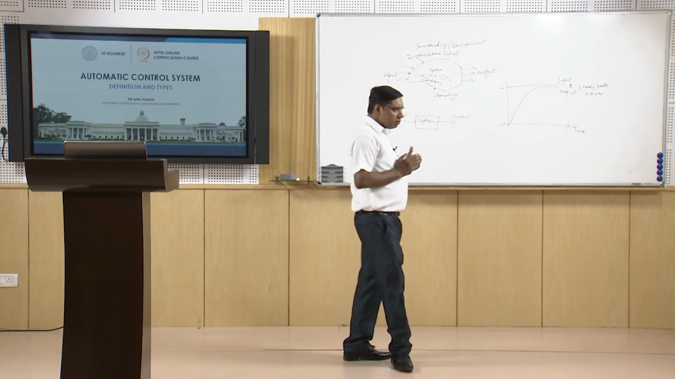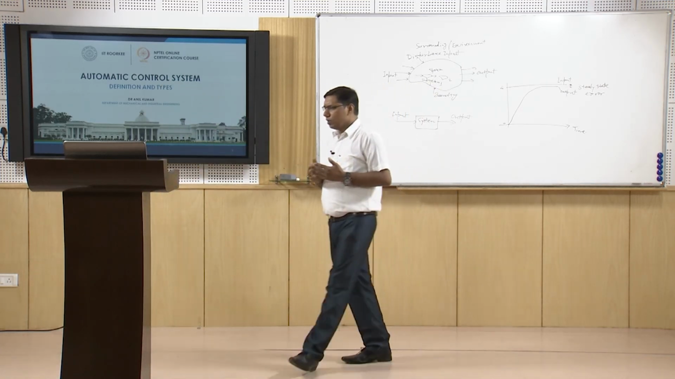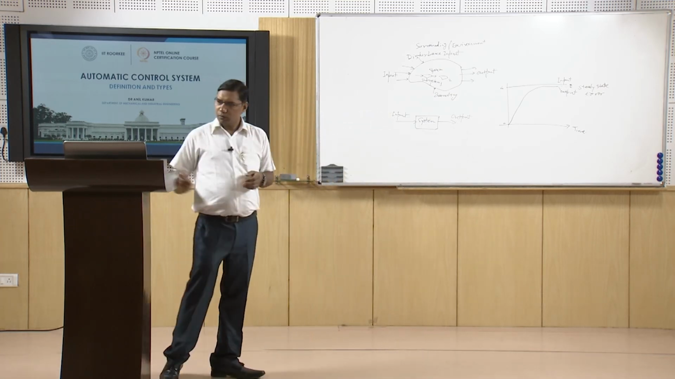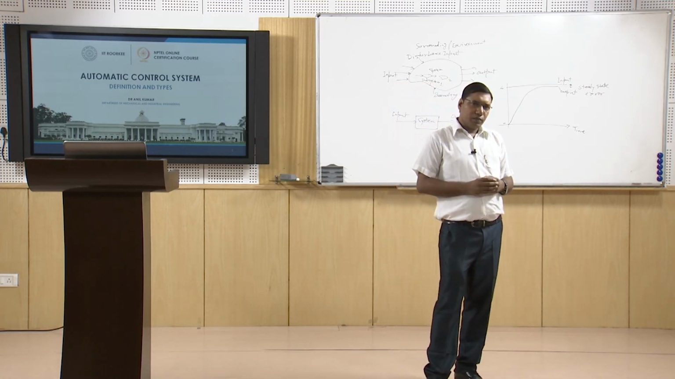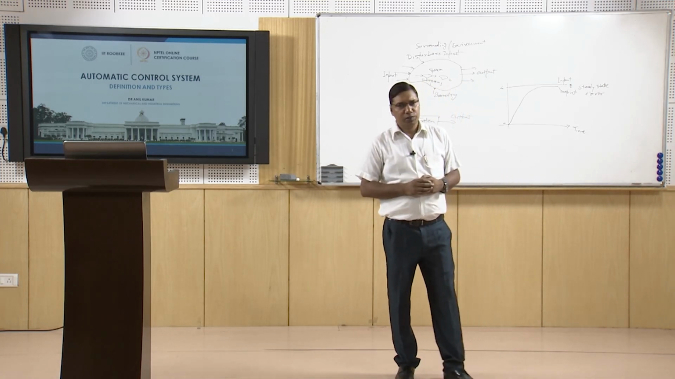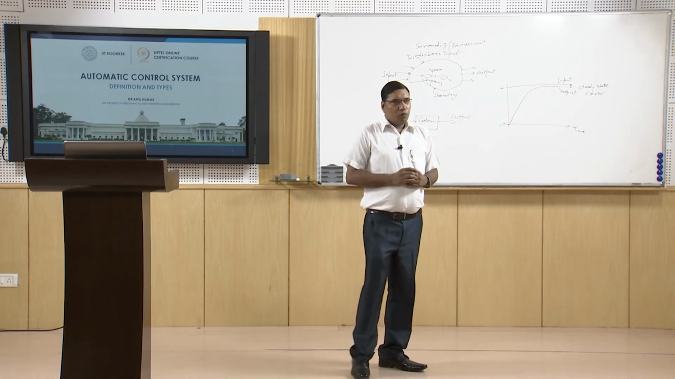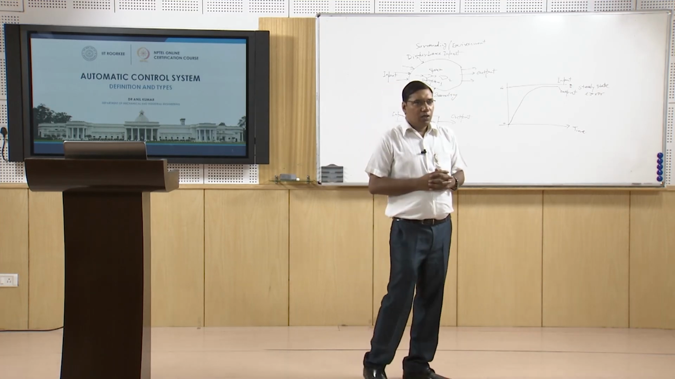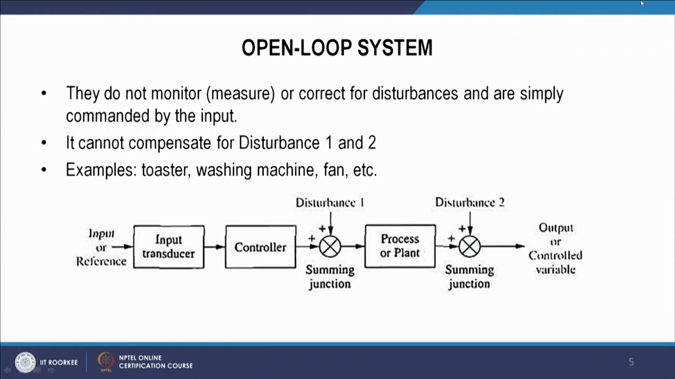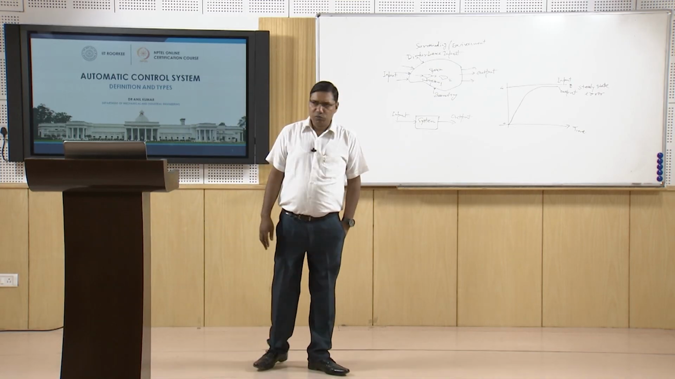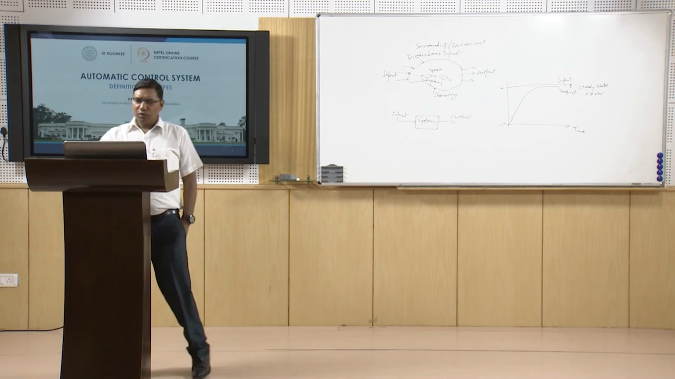Now we try to discuss the types of control systems. So there are basically two types of control systems: open loop system and closed loop system. So what is an open loop system? What we are seeing here in this slide, this figure, is the open loop system. In an open loop system, there is no feedback to the system. So we can see here,